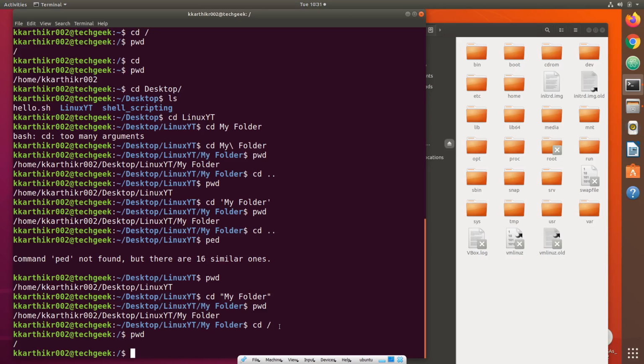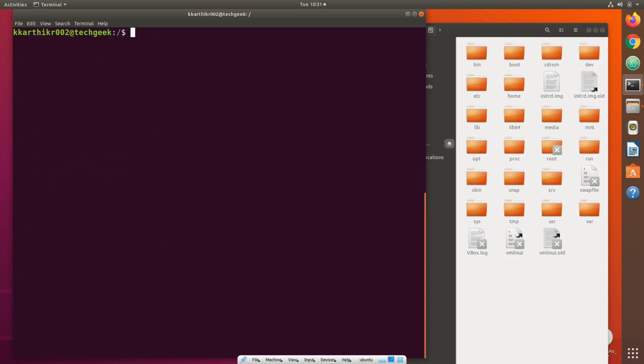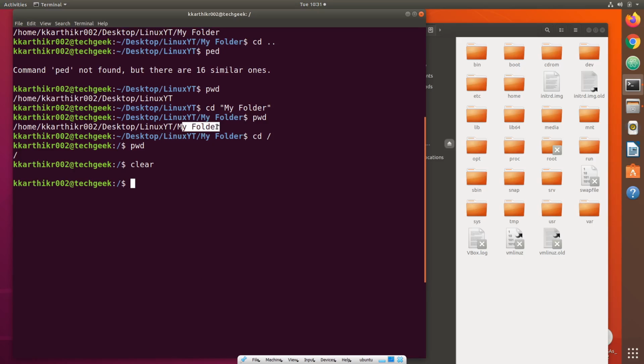Let me just clear our terminal using clear command. We wanted to change our directory to my folder. This is the path to my folder. Let me copy it.